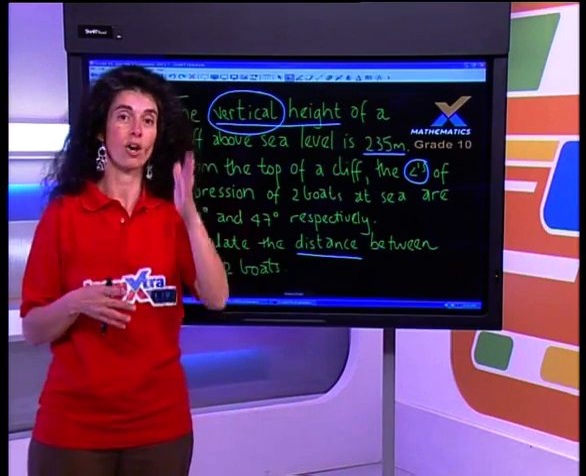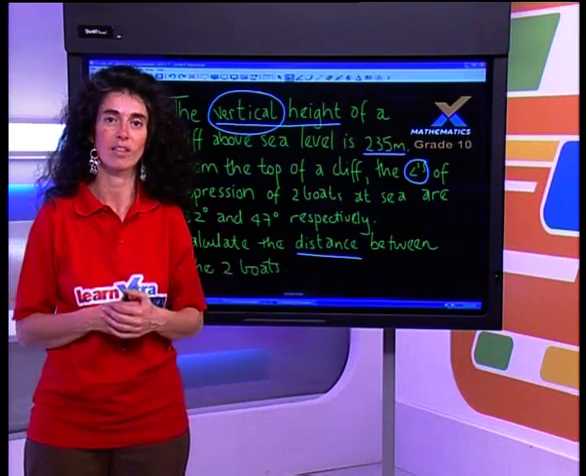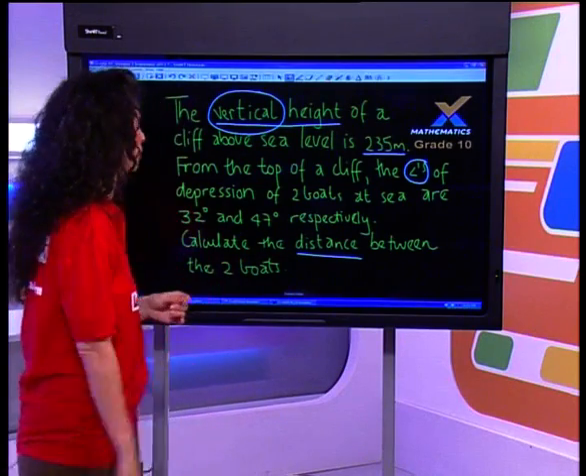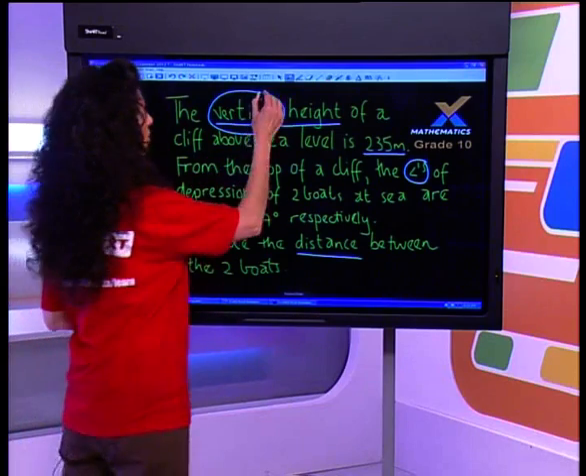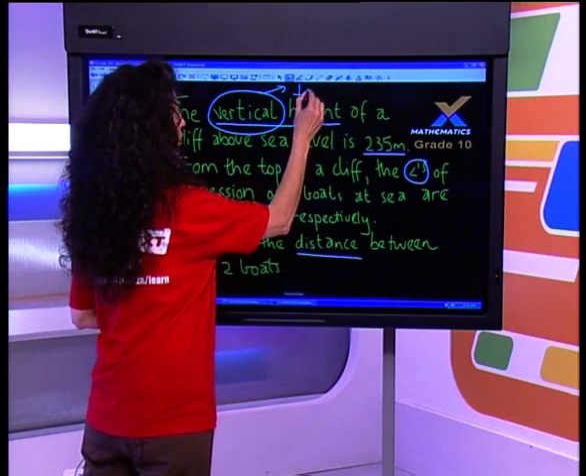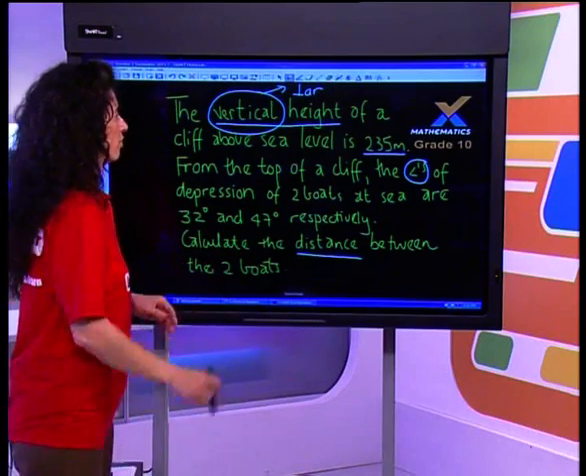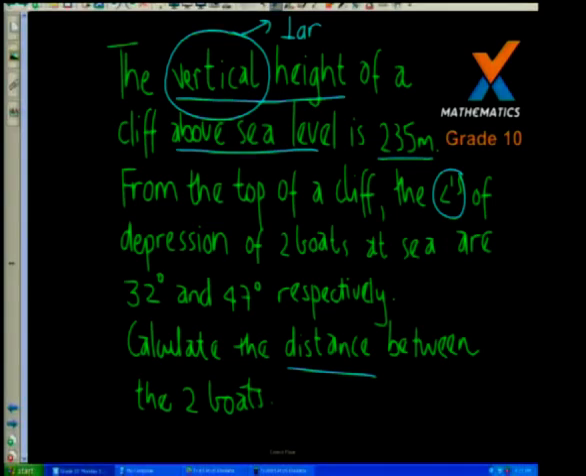Vertical means that they are perpendicular to any base that they are standing on. Right, so vertical is very important. We're talking about something that's perpendicular. And we're also given that this cliff is obviously above sea level. Then from the top of the cliff, somebody sees two boats at sea. And then we've got these words,